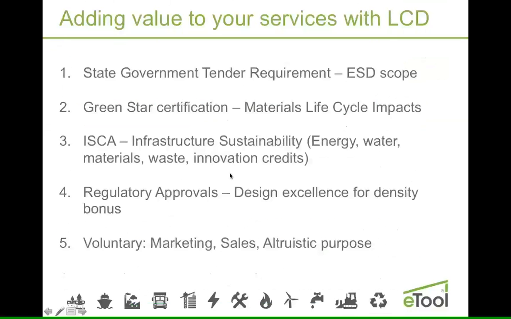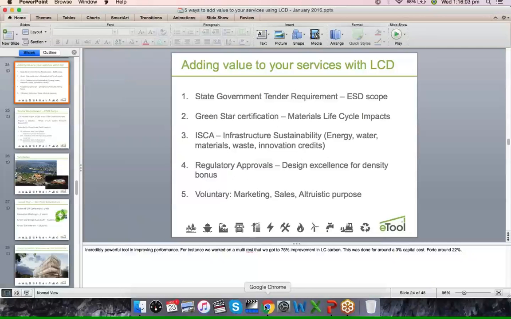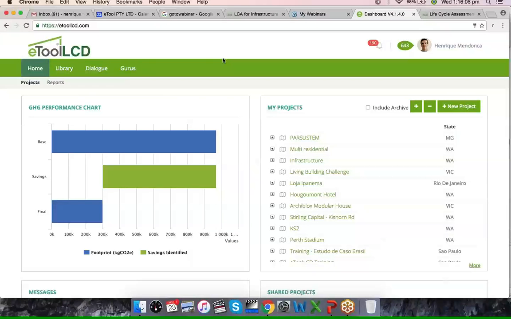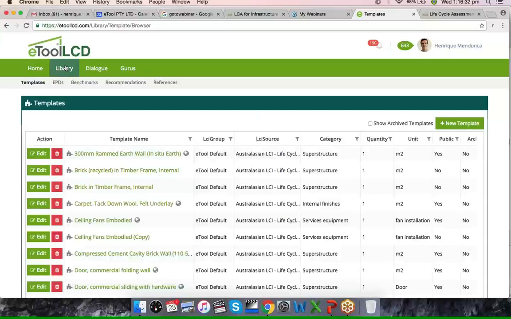I'll quickly jump into the software to show you a basic look of the interface, and then we'll get back to the presentation. So before we jump to the next slide, I just want to show you what the interface looks like. This is the eTool LCD interface. It's all web-based, so all you need is jump into this URL, create an account, and start using the software. There are some commercial conditions for using the software for commercial gain, so please get in touch with us if that's the case. But here you have a bunch of research that we've done that's available to the public, and